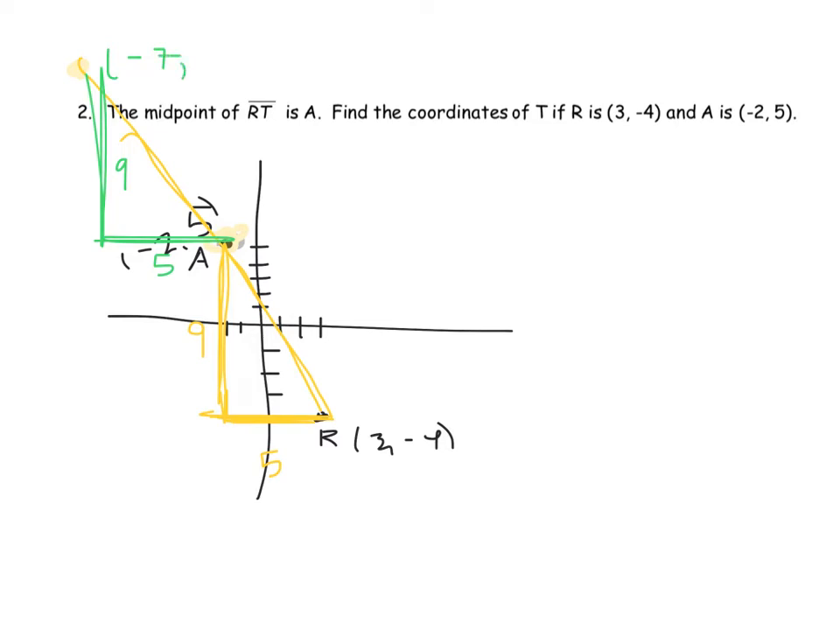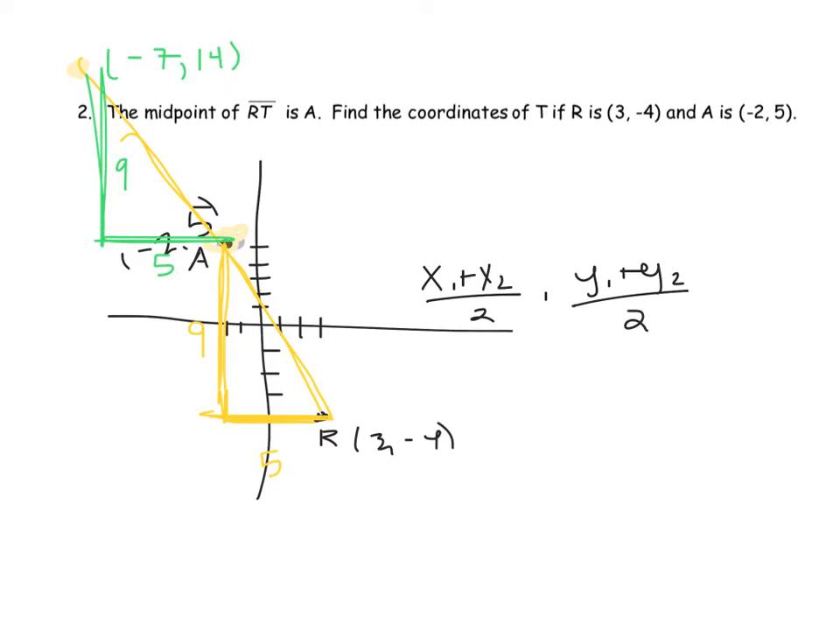And I can go up 9 units from 5 to give me a y value of 14. So visually, that's how we can find the coordinates of r. We could also think of this more algebraically. We know that the midpoint formula is x1 plus x2 over 2, y1 plus y2 over 2, which means that